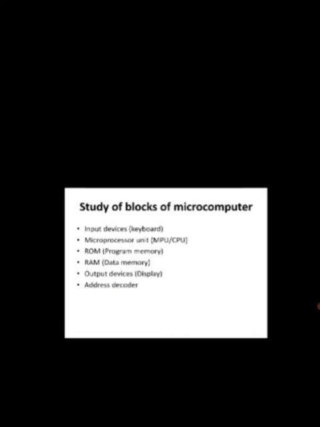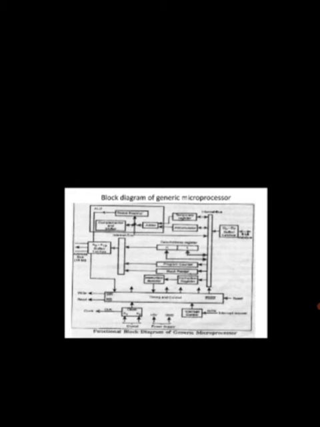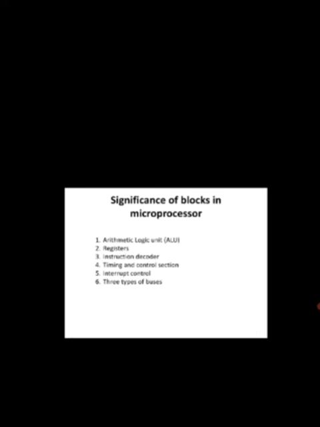So we have seen the arithmetic and logic unit, and the next was the registers. We have seen the accumulator, the main register used to store the result of arithmetic and logical operations. Then the general purpose registers B, D, H, C, E, L. Then the status register, and what a flag is. We have also seen the program counter, stack pointer, and instruction register.